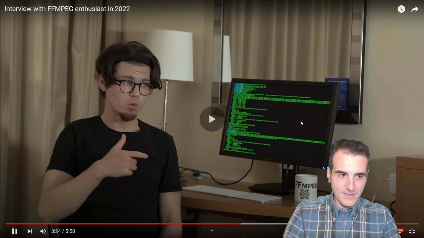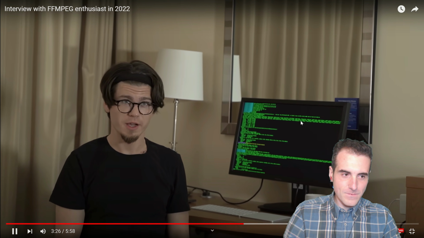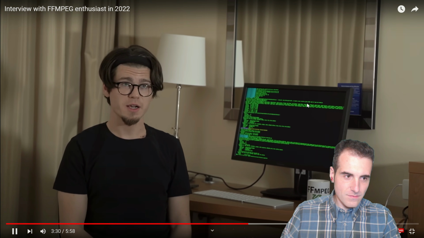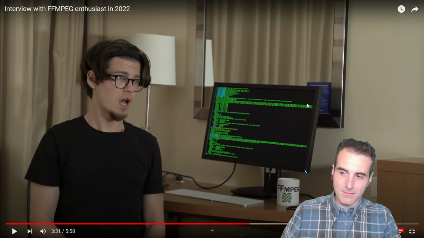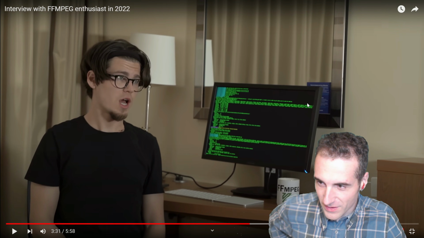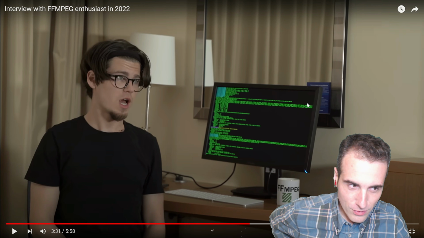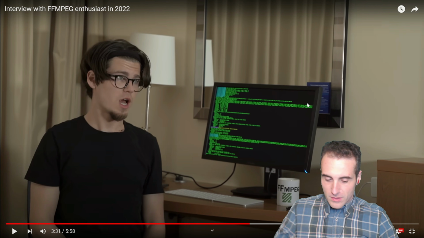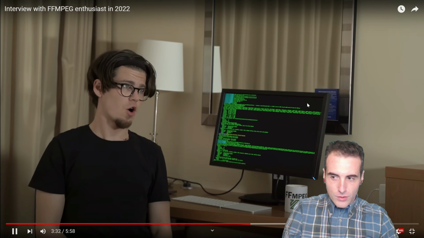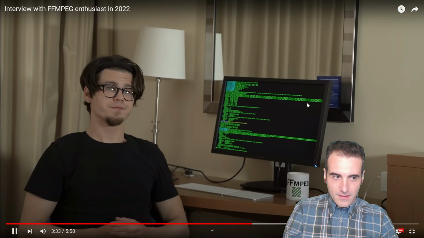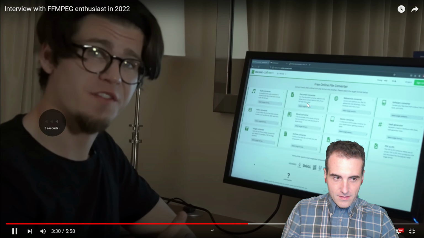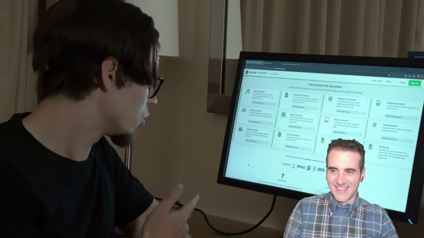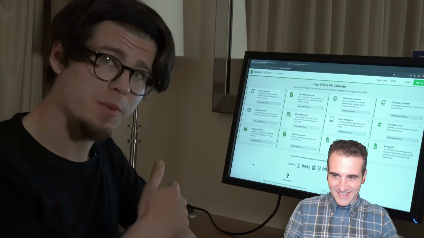Yes. But then it will explode if you have an apostrophe in your file name, because it doesn't understand that. 3 apostrophes mean 1 apostrophe in the file name. And then you'll spend 3 hours on Stack Overflow. So it's the amount of apostrophes needed to understand that there is an apostrophe. So the fact is to use as few apostrophes as possible. You know this site is basically just FFmpeg behind an Nginx.